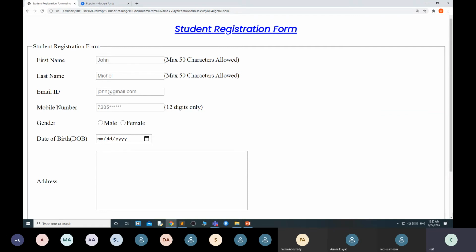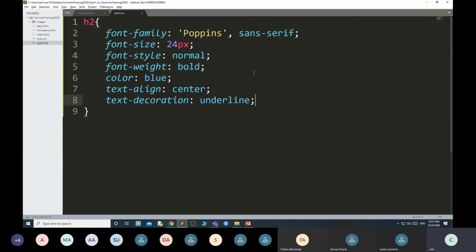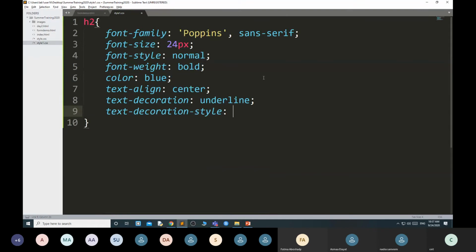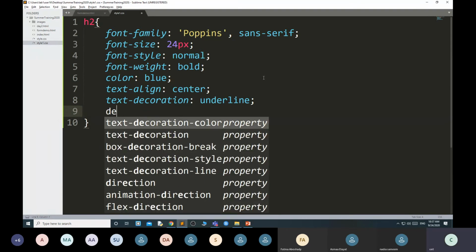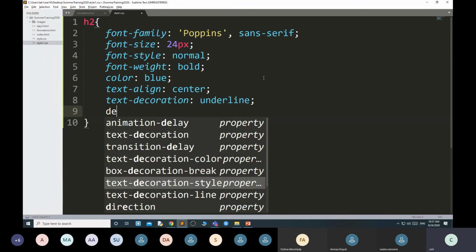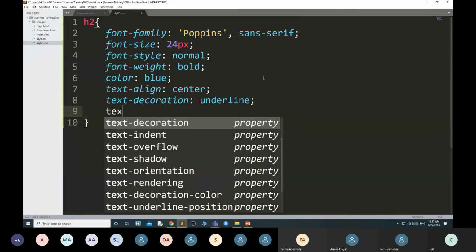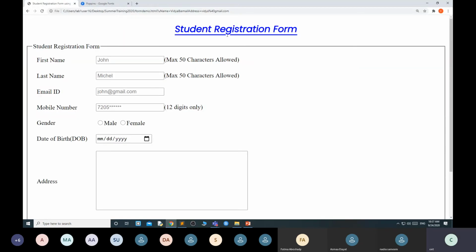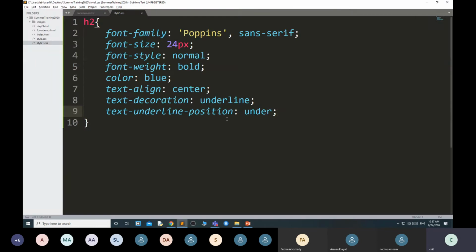If you want all underlined, then you can use text decoration, text underline position, under. Okay. Now you can see the underline is under.